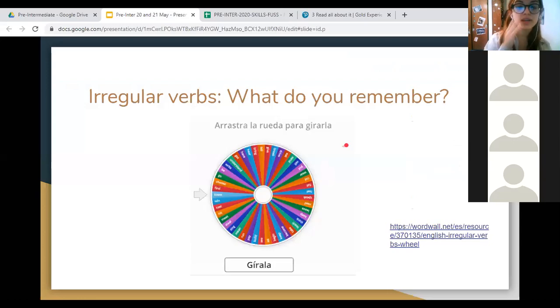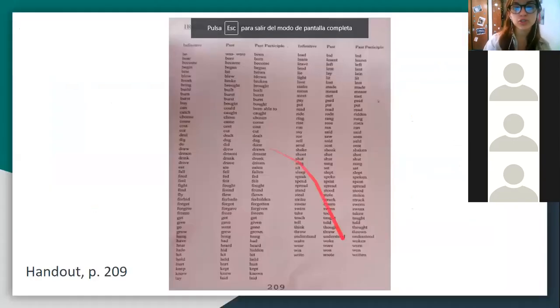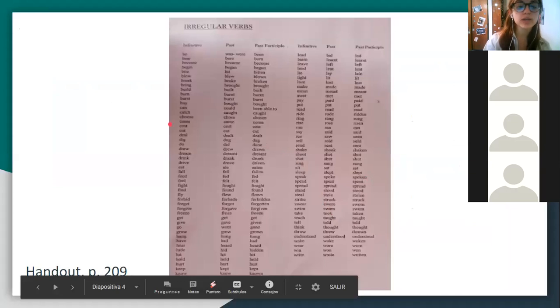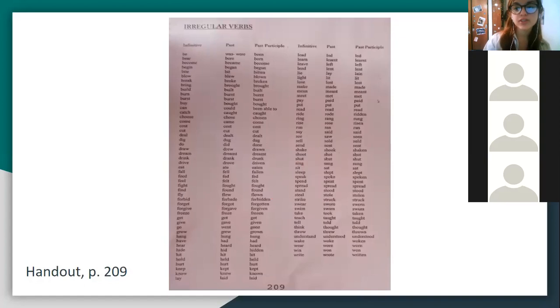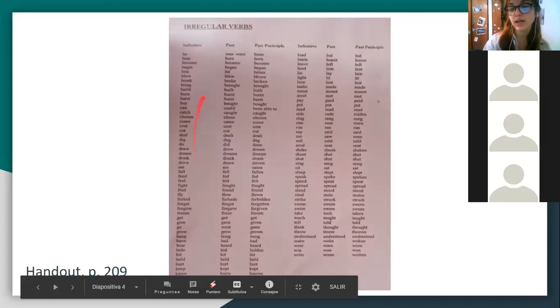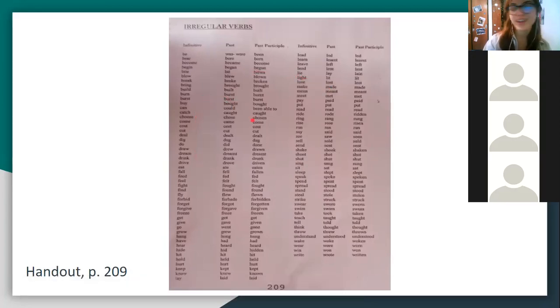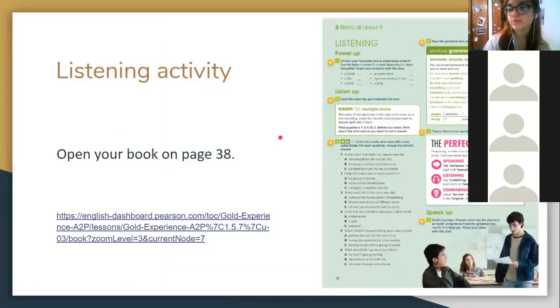Very good. Here you have the list. I wanted to show you what it looked like. This one is on the handout, page 209, but you have it on the book as well, 175. I think it is the last page of the book as well. So you can go there and study it, check it. You can do whatever you want, sleep with it, be free. Okay, we are going to go back to the verbs later, but for now, we're going to take a break